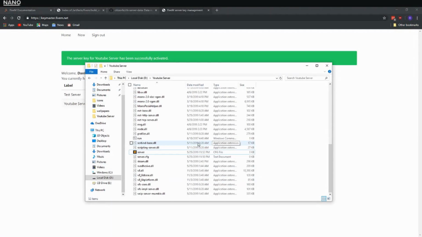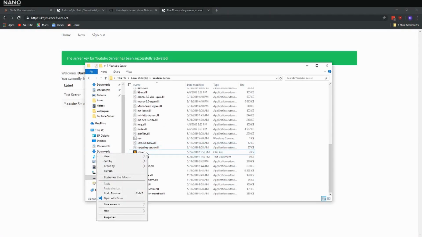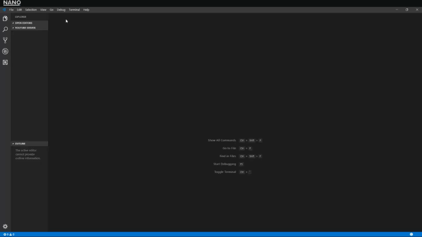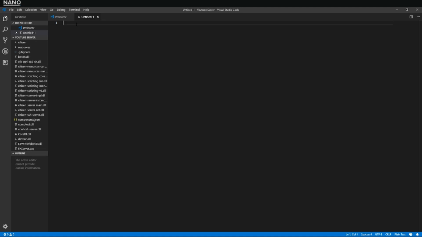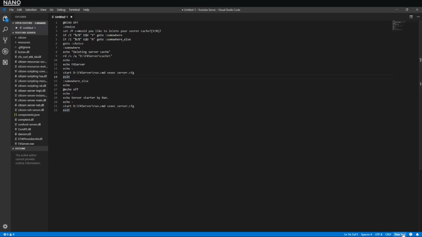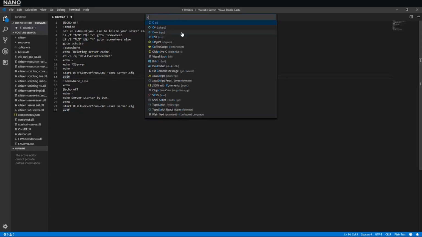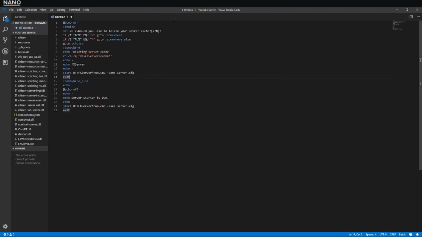Now that we have that done, we need a way to start our server. So once again, I'm just going to open this with Code so we can pull it back up and make a new file. I'm going to be using some code here, and this is going to be a .cmd batch file. Yeah, there we go. So basically what this is going to do is, whenever you start your server, ask you if you want to delete your server cache. This is going to come in very handy when you're working on scripts, so you don't have to manually delete your server cache every time. You can just start your server, hit yes, and then it starts. So now